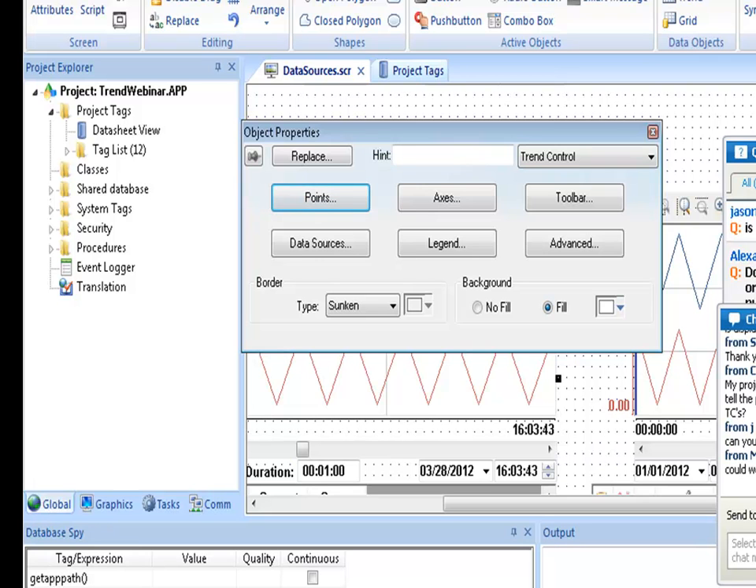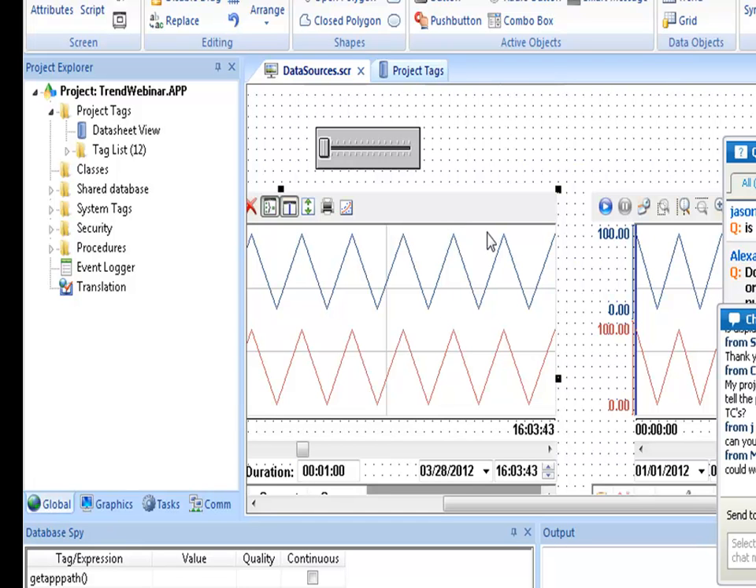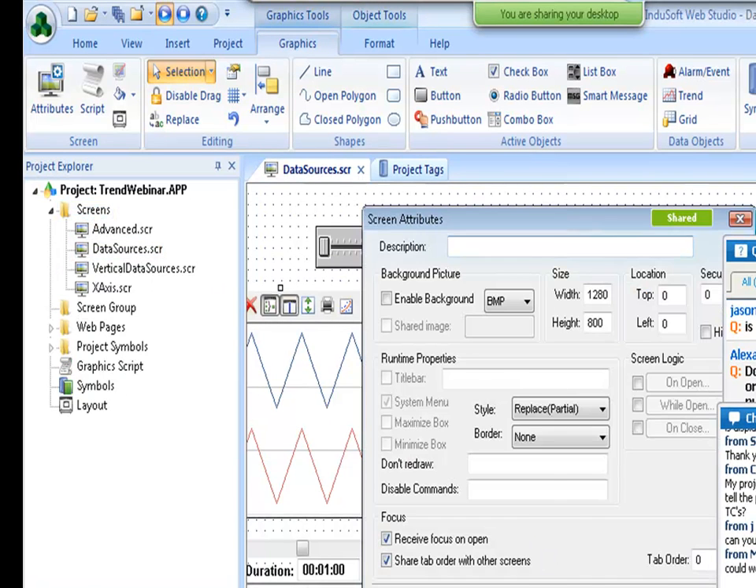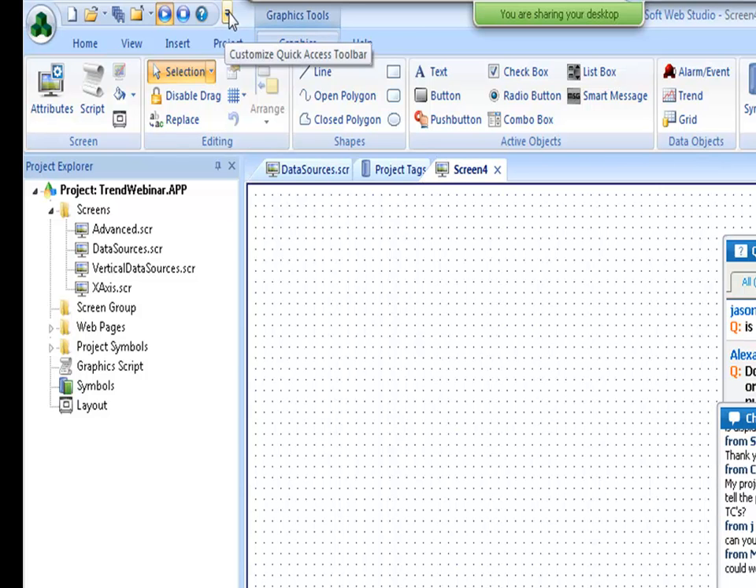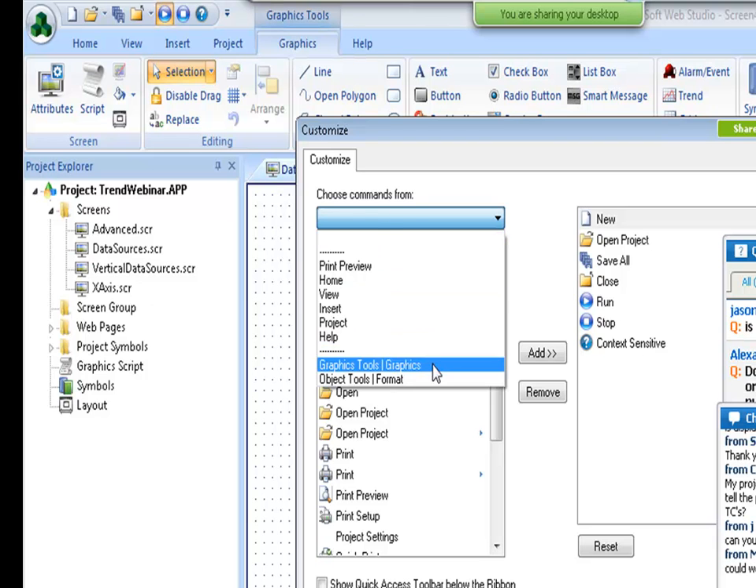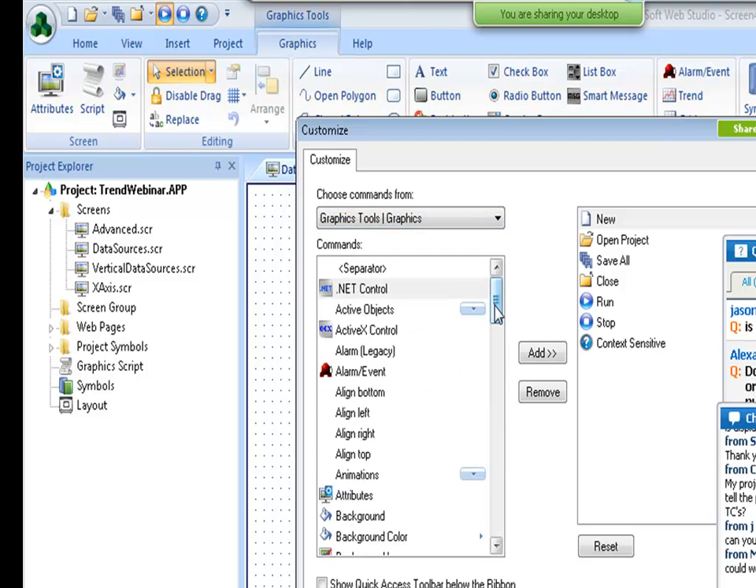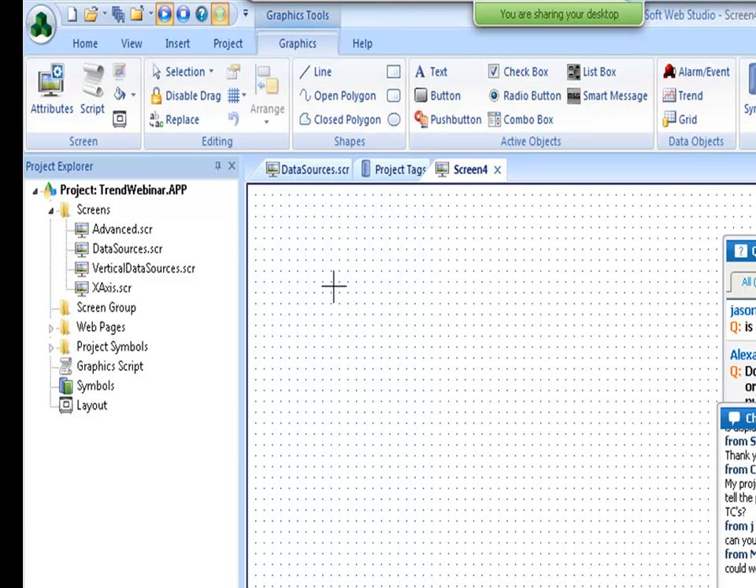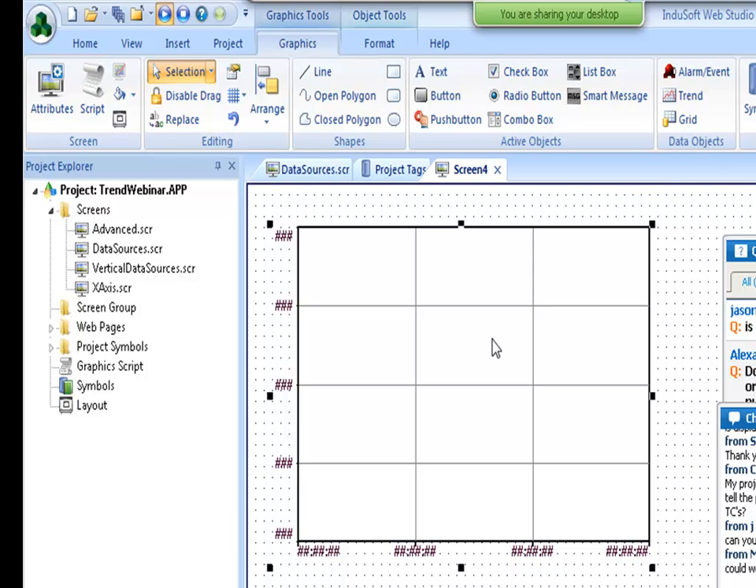Can we plot X, Y values from tags? You can if you create two arrays, one array for the X values and another array for the Y values. And in this case, you would use a trend called legacy trend. So you can come here to More Controls, Graphic Tools and Graphics, and there is this trend legacy control here. You can add it to the quick bar,